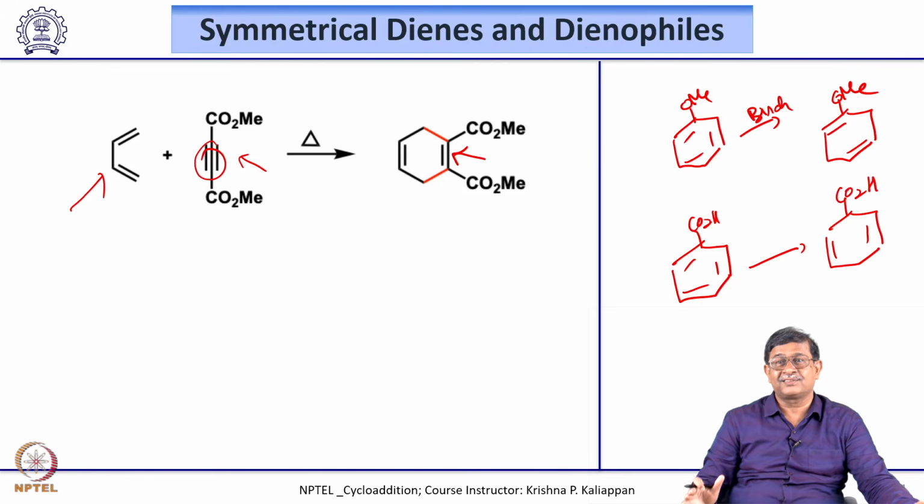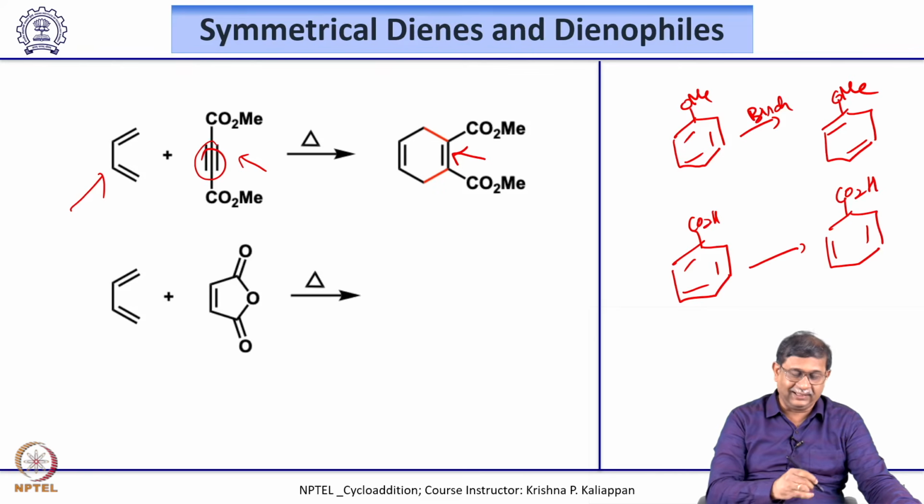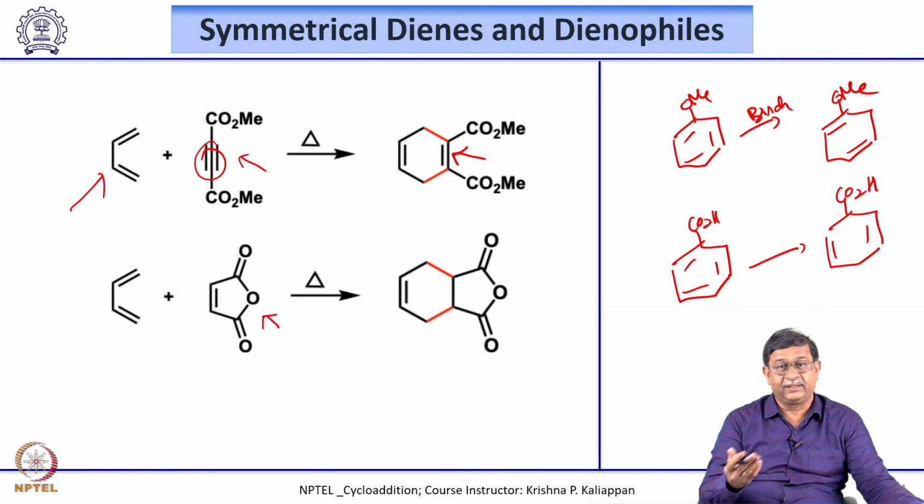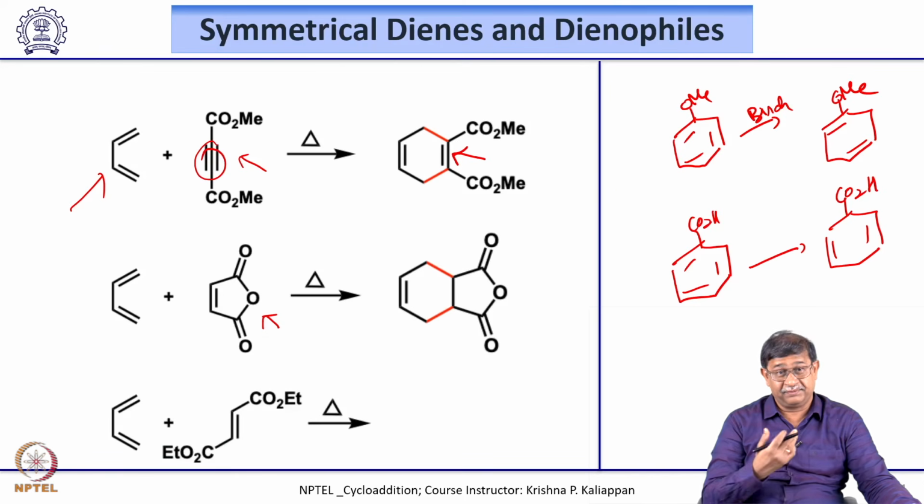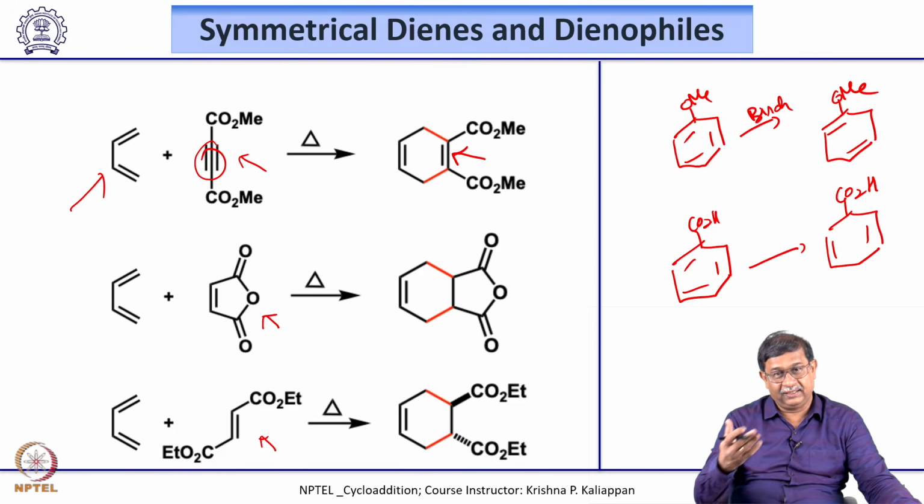Now you can also start with acyclic diene and acyclic dienophile to get cyclohexadiene, substituted cyclohexadiene. Instead of dimethyl acetylene dicarboxylate, one can also use maleic anhydride. If you use maleic anhydride, you can get a bicyclic compound. Instead of maleic anhydride, if you use dimethyl fumarate, that can give cyclohexene with the two substituents which are